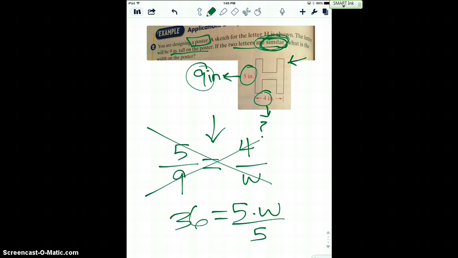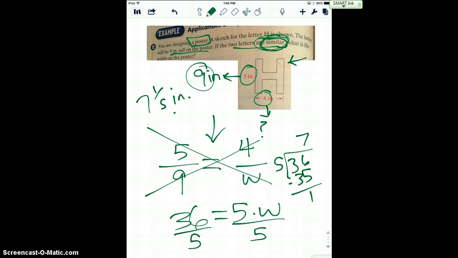So to get W, I'm going to divide by 5, and I am not going to get a whole number here, but 36 divided by 5 goes into 36, let's see, 7 times, and I'm left with 1. So from right there, I could write it as a mixed number, 7 1/5